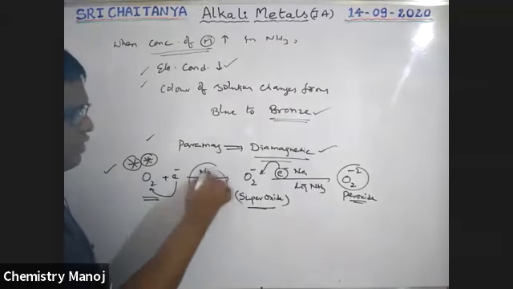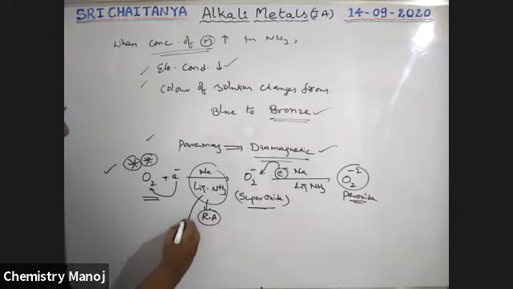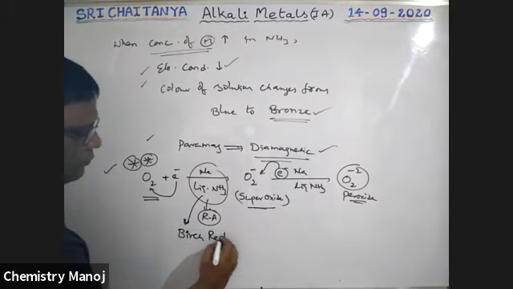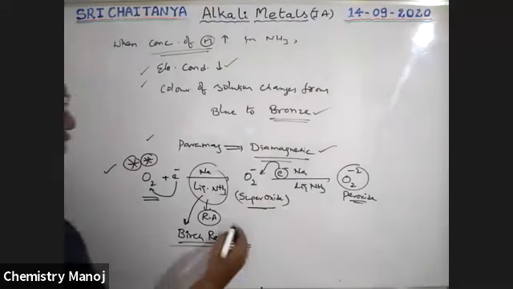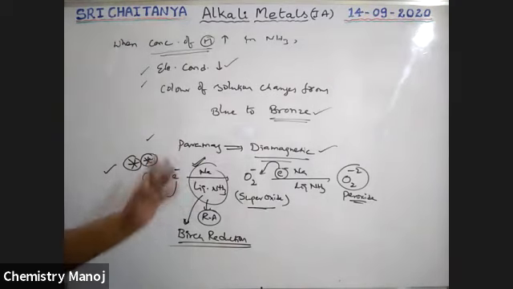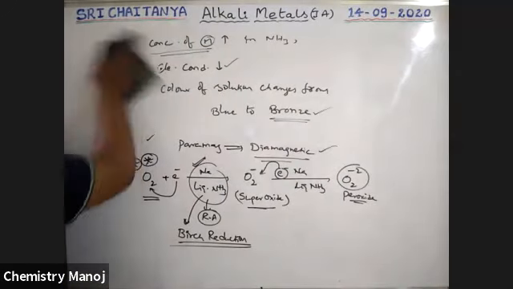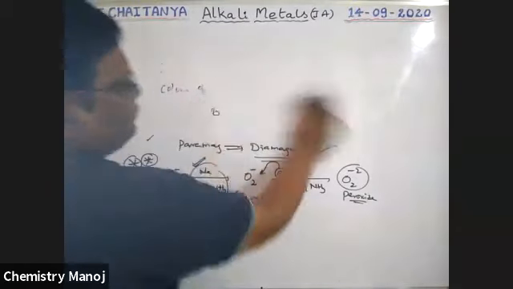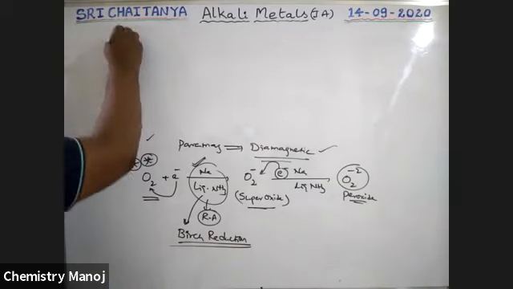So this is the best reducing agent, boys. When this reaction is used in organic chemistry, it is called Birch reduction. In Birch reduction, the reducing agent is sodium in liquid ammonia. Some of the reducing properties of these compounds I have explained, boys. For example, under reducing properties, that is